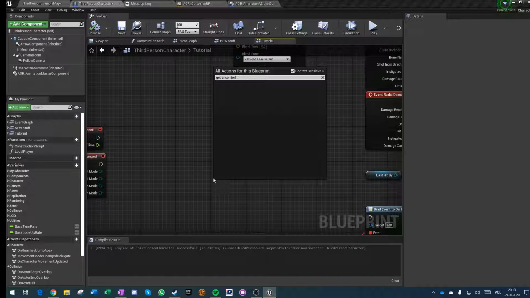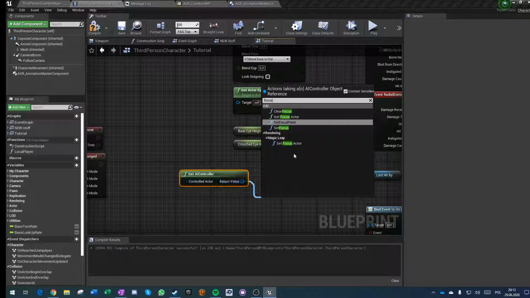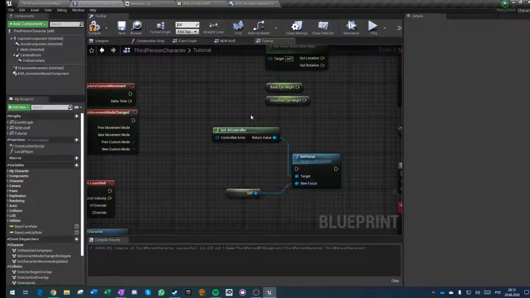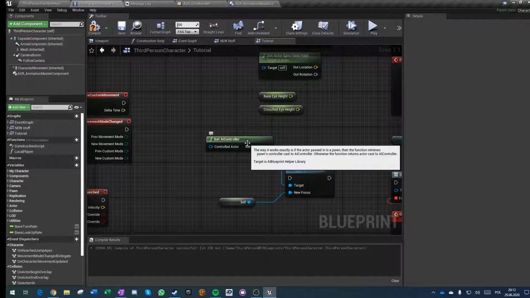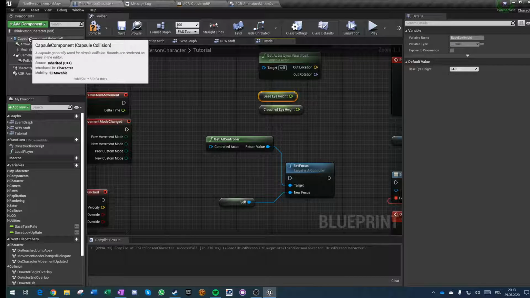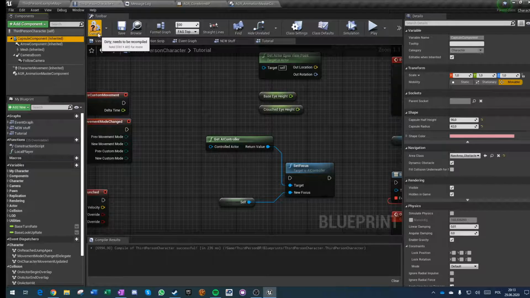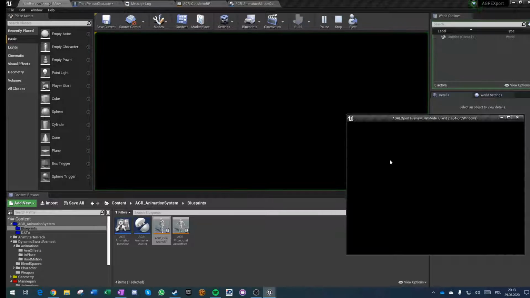get AI controller, and we got a function called set focus, and we set focus to this actor. For any AI, he will actually set the control rotation from the eye height of the capsule of its pawn, of its character, and the target of this actor will be the root. So basically when walking next to you, he will be looking